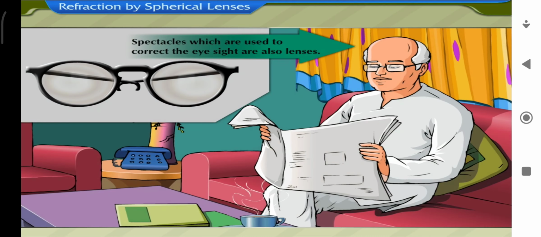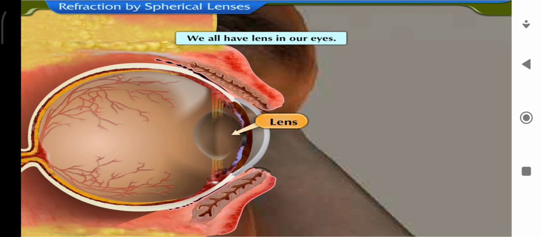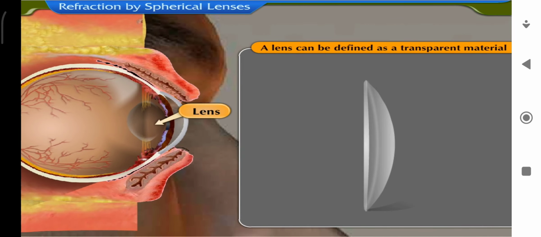The spectacles used by many people to correct their eyesight are also lenses. We all have lens in our eyes. Hence, our eye is a natural optical device. A lens can be defined as a transparent material bound by two surfaces, out of which at least one surface